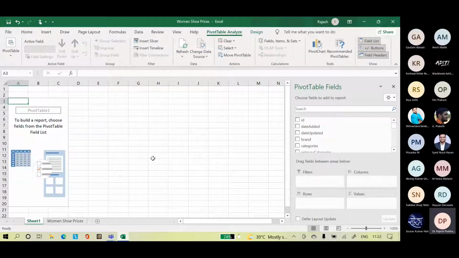Done, sir. Now, one of the important things in inventory management. Somebody is asking a doubt? No, sir. You can go ahead.